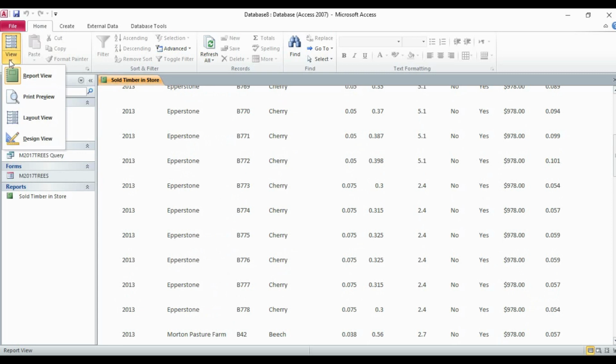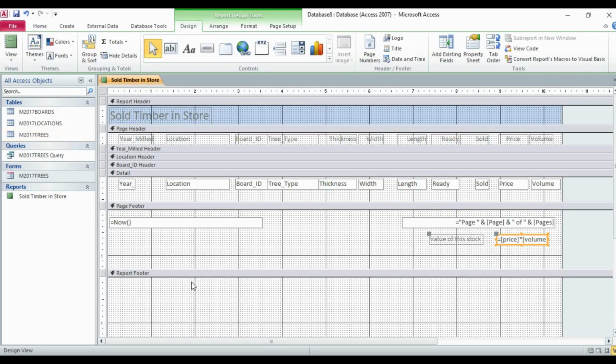So first of all, we will go to the design view. Now this is the page footer and this is the report footer. What is the difference? When you use the page footer, it will appear at the end of every page.